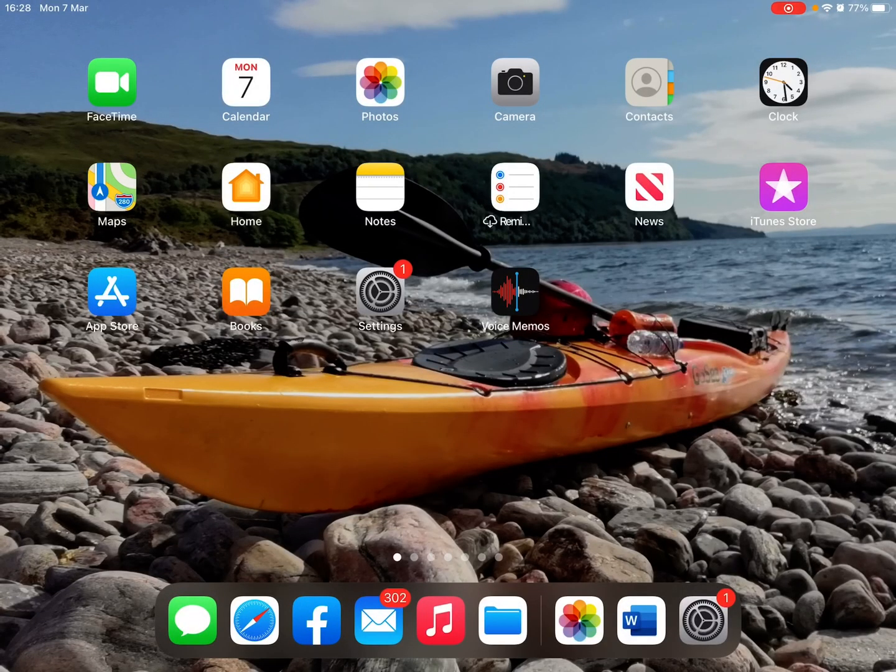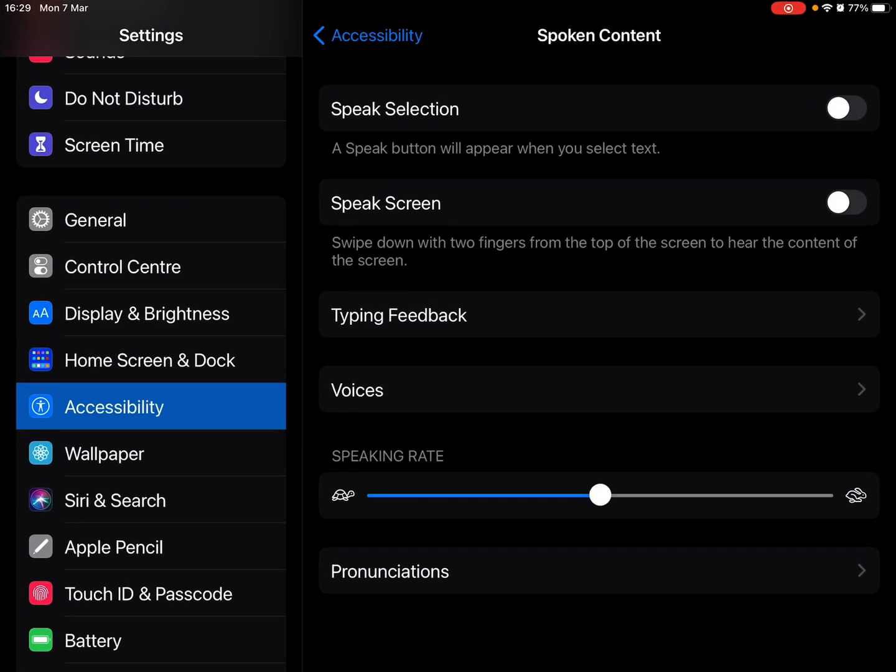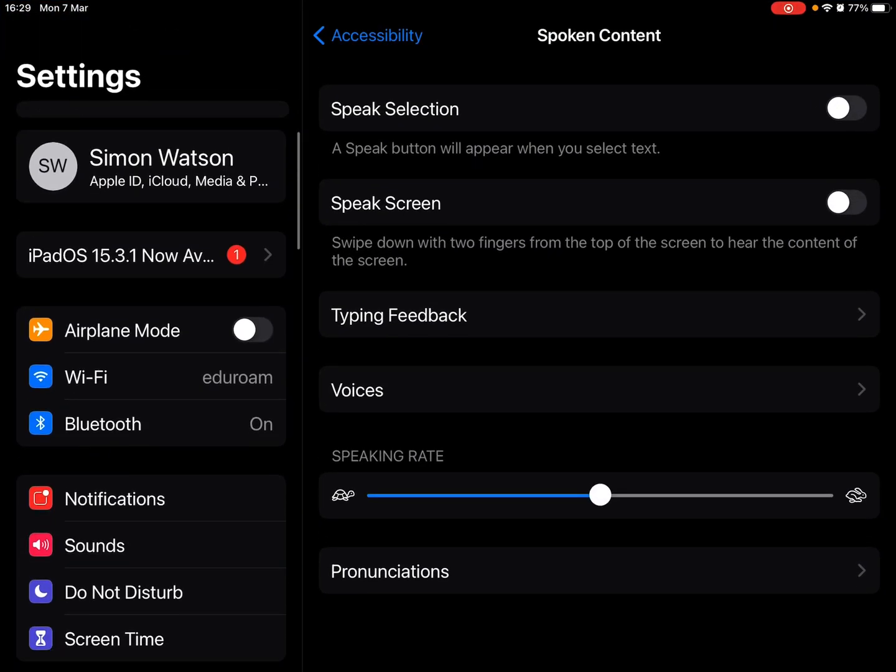Okay, here's a wee short video just showing you how you can set up the iPad so that it can read aloud any document that it has on the screen. Now before you can do this, you have to first of all set it up so that the iPad has this particular ability there. So if you click on your settings and if you scroll down a bit, you will